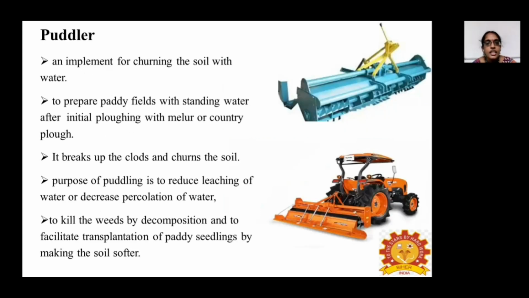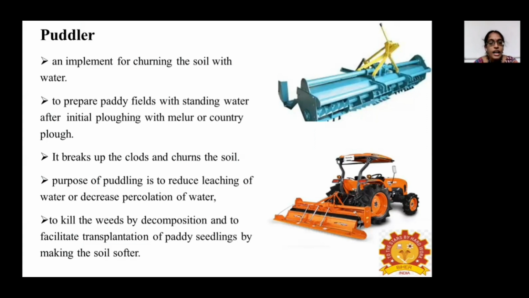So the puddler is an implement used for churning the soil with water, and it is normally used for paddy fields filled with standing water. It is used to break the clots and at the same time to break the churns also. The purpose of puddling is to reduce the leaching of water and to decrease the percolation